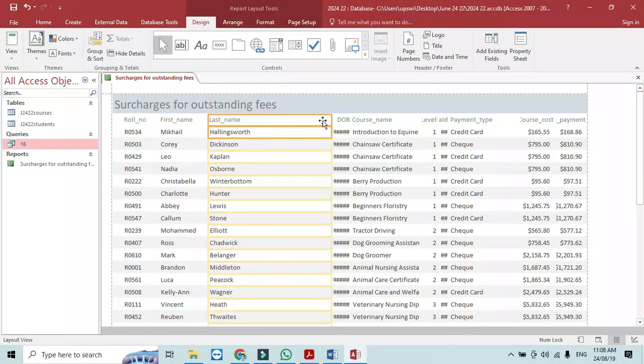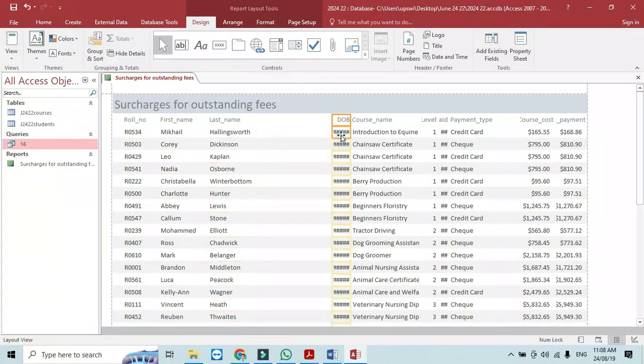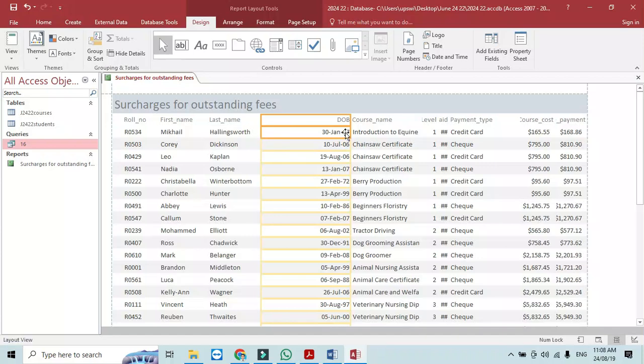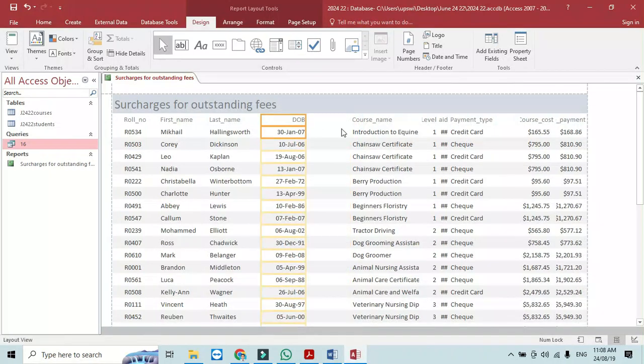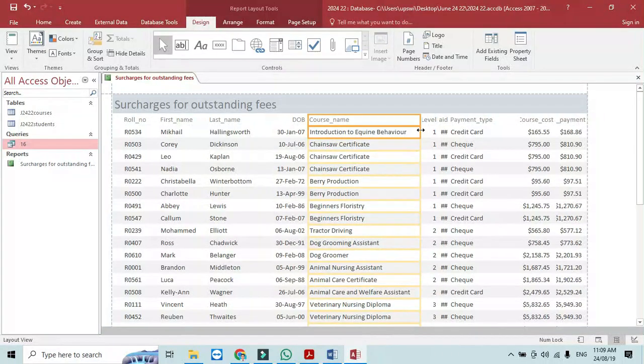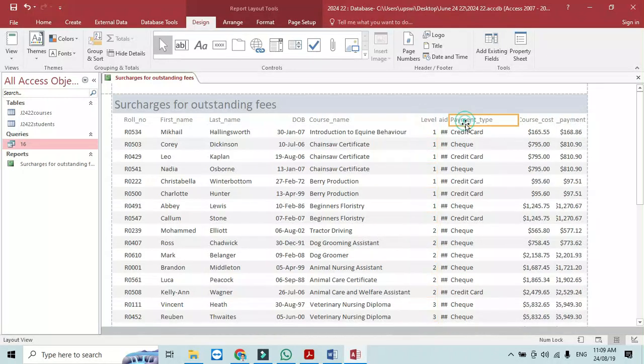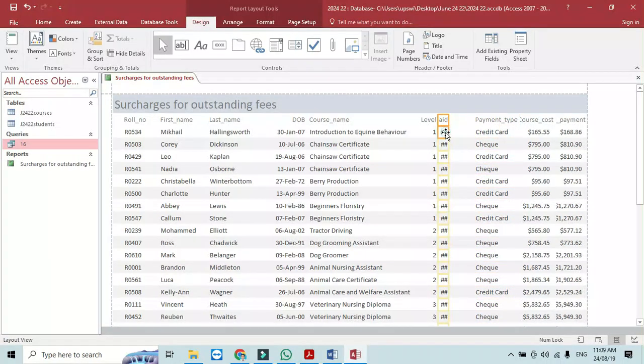Then date of birth, course name, level, credit debit card, fee paid, then we have the course cost,